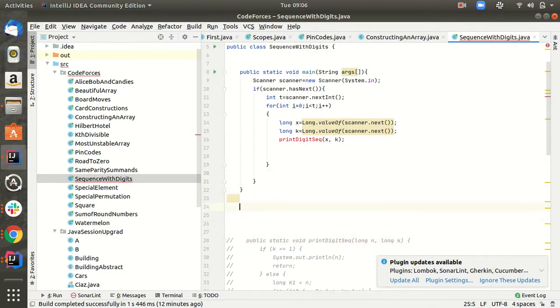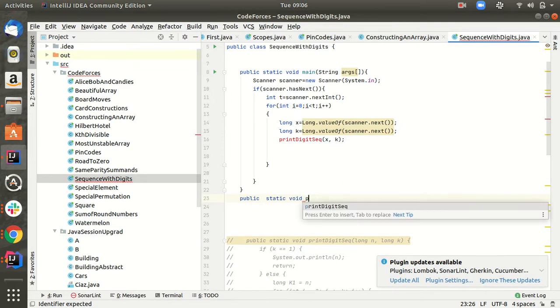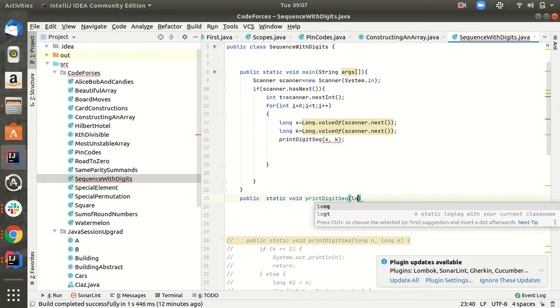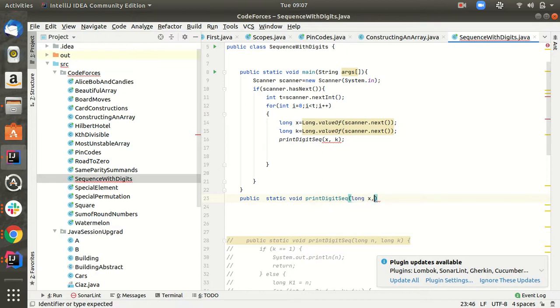So static void print, which will have two values: long x, long k.